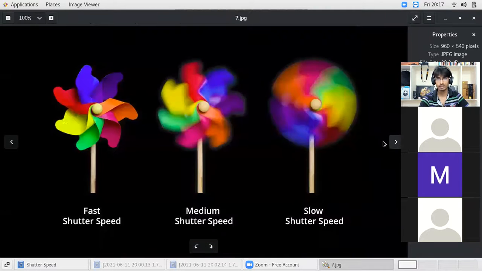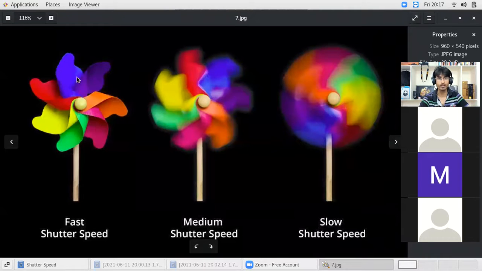So these concepts first we have to understand. 1 by 500 of a second, we are calling it as fast shutter speed or faster shutter speed. So we are getting a photo which is crystal clear, because in that fraction of a second, the subject is not able to move. So we are not getting a blur photo.